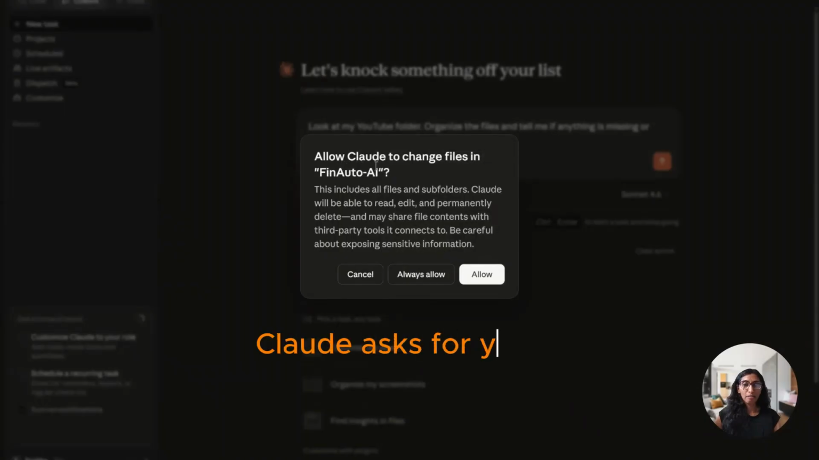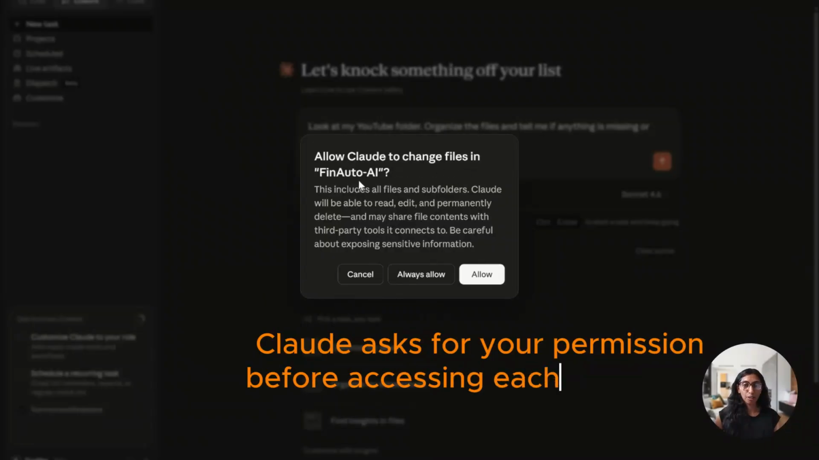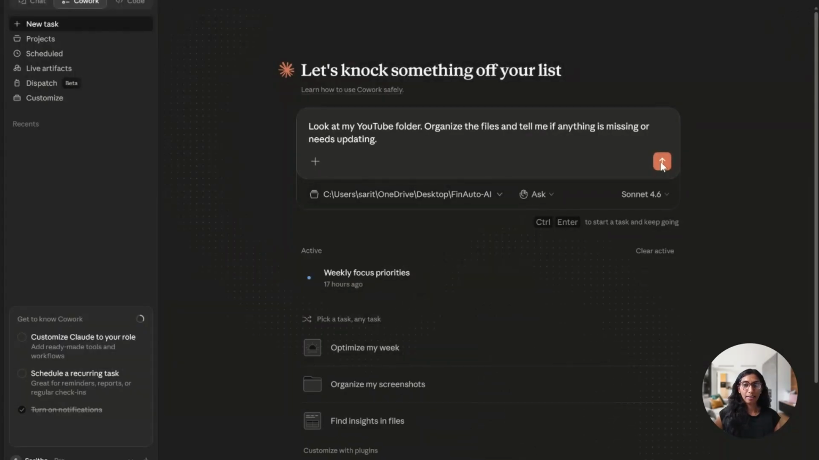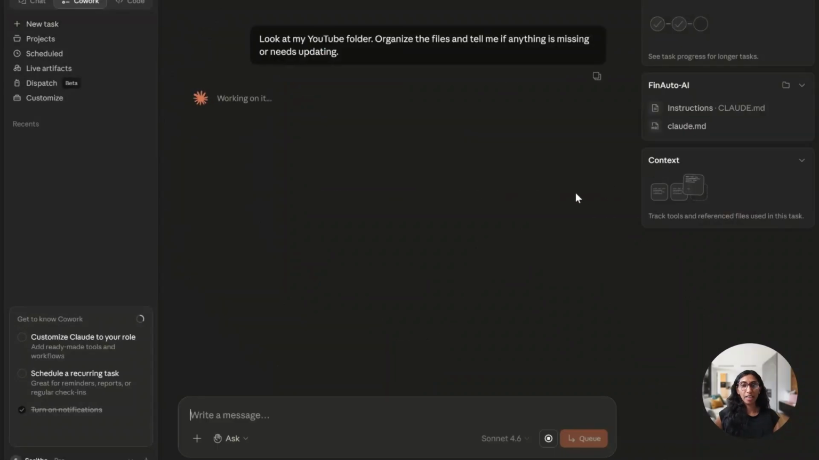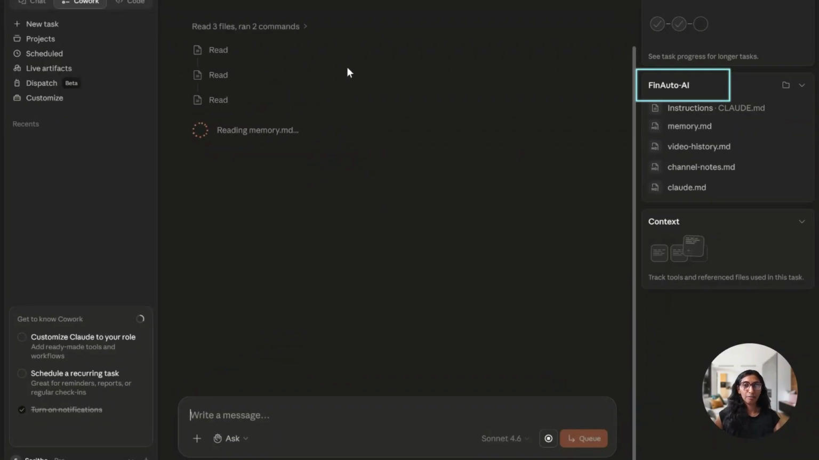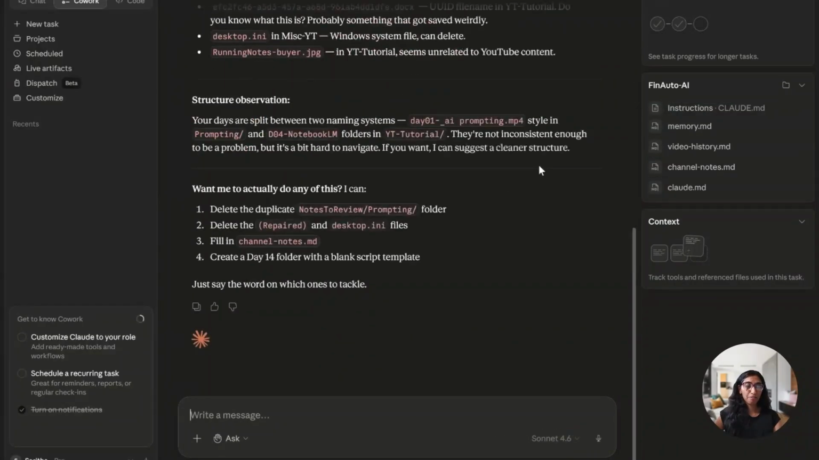Cowork is saying, allow Claude to change files in FinAuto AI. I'm saying yes, allow, and let's say go. Every time you give a task to Cowork, it plans first and then it asks for you to approve it, and upon approval it executes it. As you can see, it is running the command, it's reading the files, it's accessing the FinAuto AI, it has my instructions file, my memory, my channel notes,